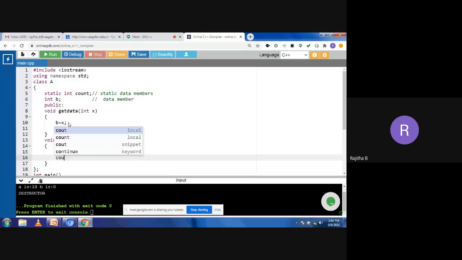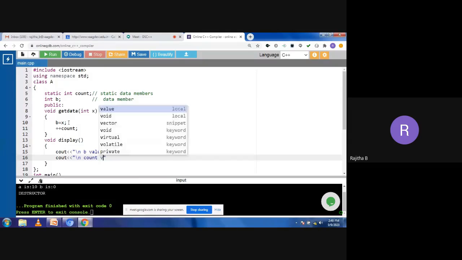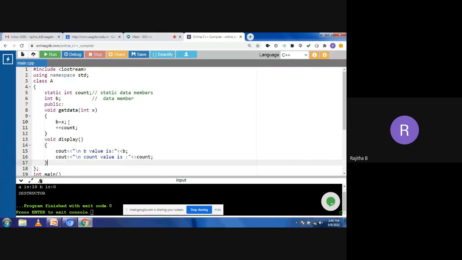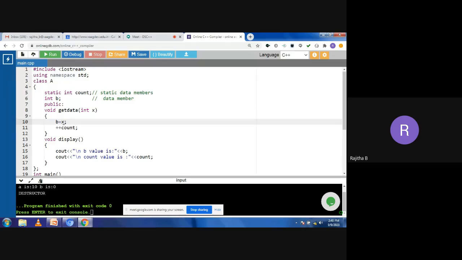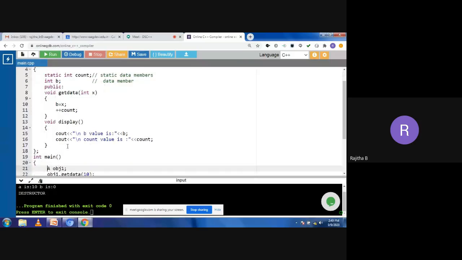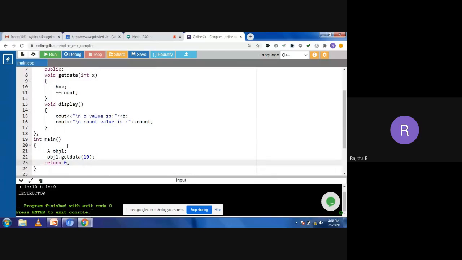Then I need to print the static data member value also, count value is count. Simply, I have assigned the value to data member b using the formal parameter x. I'm not assigning any value to count here, just incrementing the count value. I'm using the display function just to display the values of the data members.